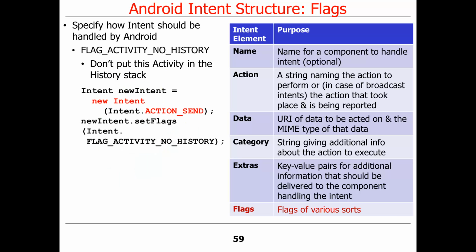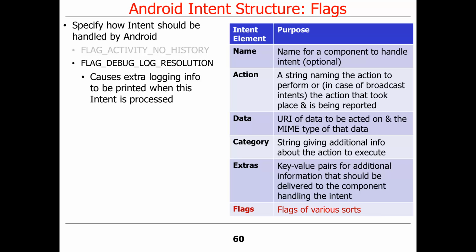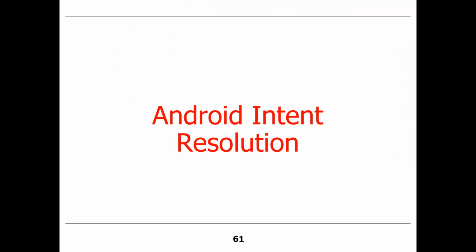And then there are also some flags, which basically say how the intent will be handled. This is sort of low-level detail. We don't have to know this right now. I won't quiz you on this, but it says don't put the activity in the history stack, or print out additional information when we're trying to resolve this intent, and that's very useful for debugging. You'll get used to using logcat with your program to tell you what the heck is going on when your program runs. So you have to get used to putting log statements into your code. And when you look at my example code, you'll see all this stuff. Okay,